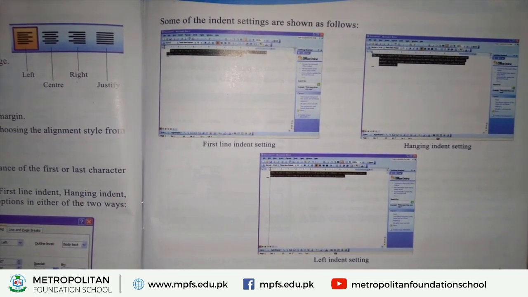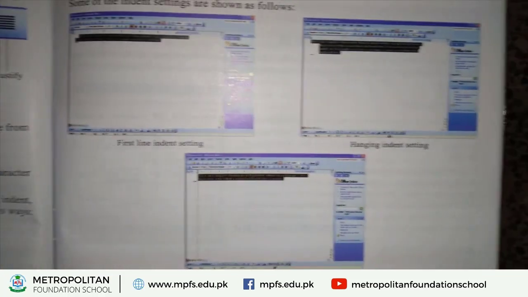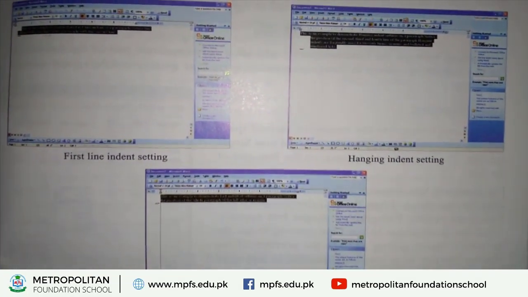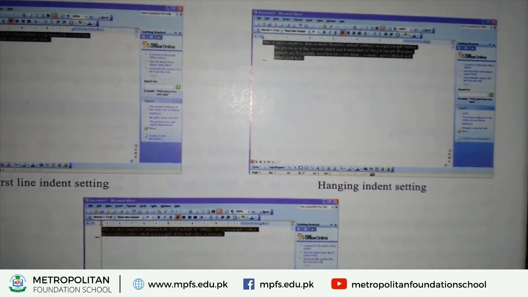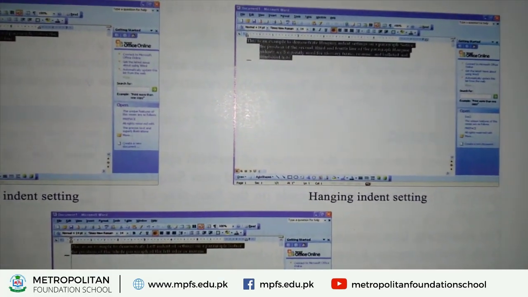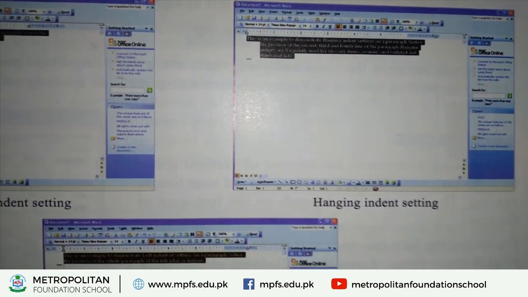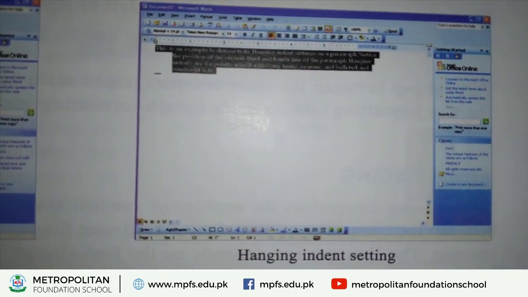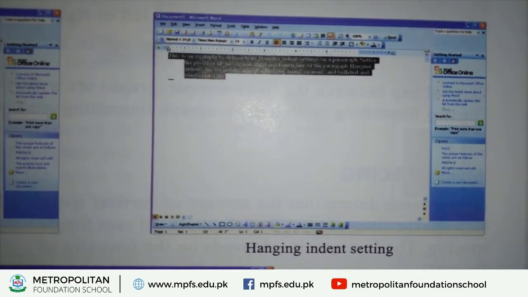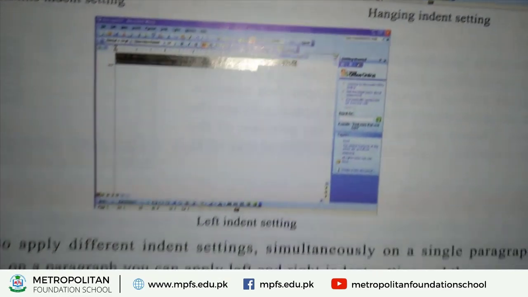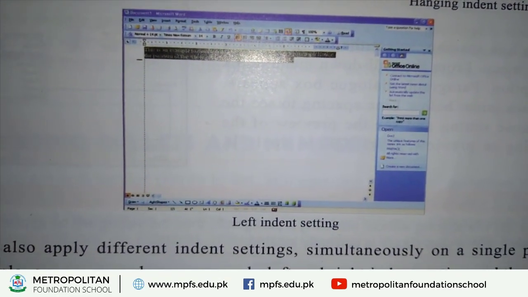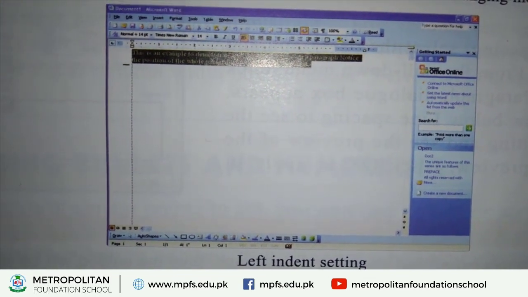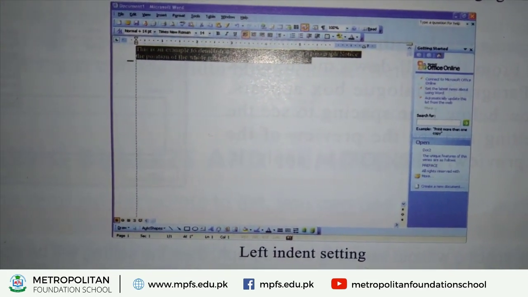Now the second picture: hanging indent setting. In the third picture, you see the left indent setting. And the last one is the left and right indent setting.